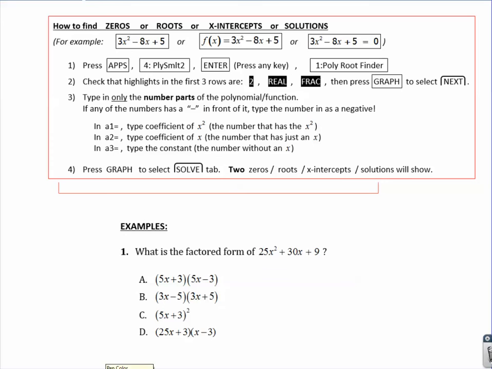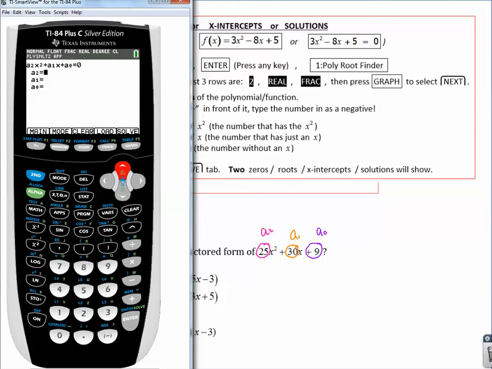Our problem says, what is the factored form of 25x squared plus 30x plus 9? As we just discussed, 25 is our a sub 2 because that's what the x squared has. Our 30 is our a sub 1 because it belongs to the x. And lastly, our positive 9 is our a sub 0 because that is our constant term. So we are going to plug these values in to find our zeros so that we can build our factors. So 25,